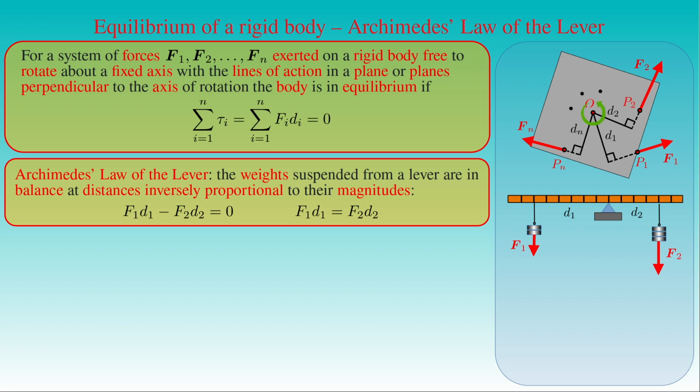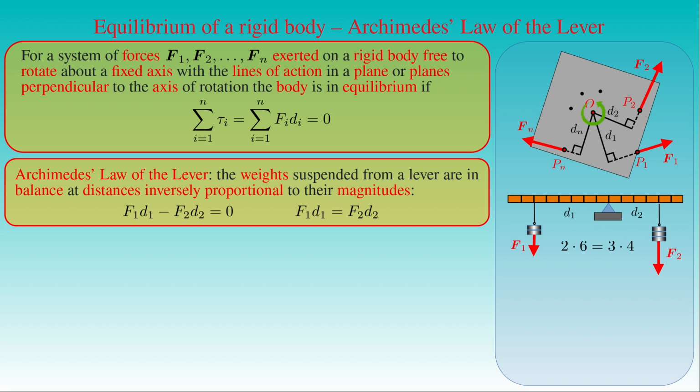times the lever arm d1, minus the magnitude of the force F2 times the lever arm d2 vanishes. The second term in the sum is negative since the force F2 produces a clockwise torque on the lever. This formula is equivalent to the equation stating that F1 times d1 is equal to F2 times d2, which can be demonstrated with the setup shown in the figure. That is, 2 units of weight times 6 units of length is equal to 3 units of weight times 4